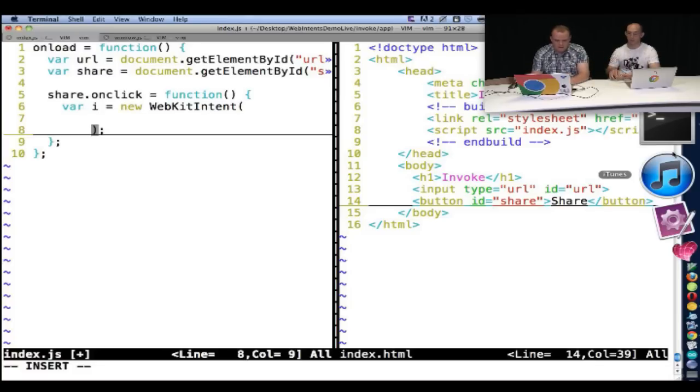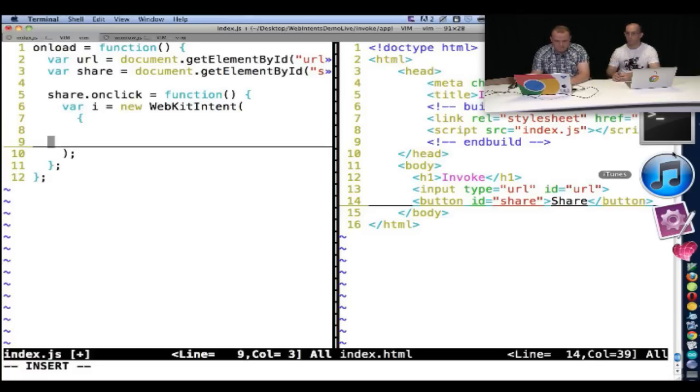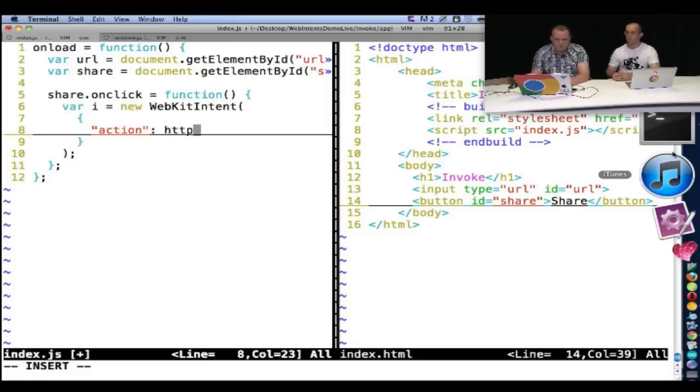So this is actually a spec piece of functionality that we're working through right now. It's not Chrome specific or anything like that. It's just that we've implemented it. Yes, for Chrome apps, exactly. Okay. So what I'm doing now is passing a special object into the WebKitIntent constructor. Basically this object just describes some basic information about what we're looking for on the system. So we're going to look for an action of